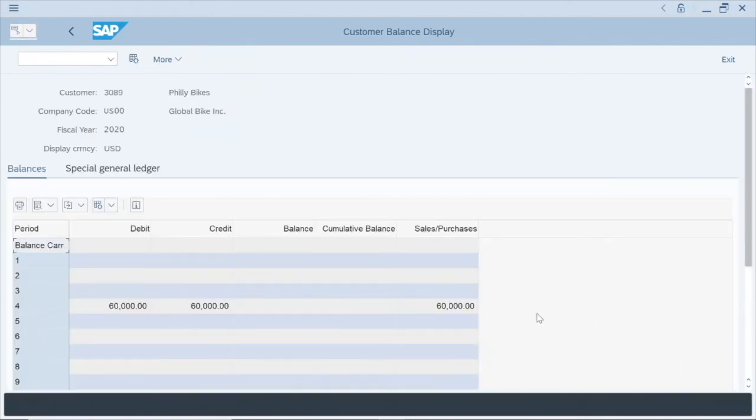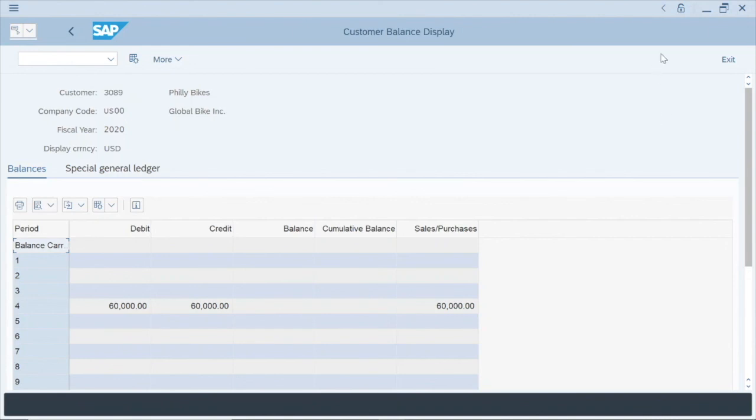And we can see now that because we entered Philly Bikes payment into our accounting general ledger, there is an equal credit entry to this $60,000 debit entry. And this signifies that Philly Bikes has paid off the entire amount that was previously held in their subsidiary account receivable, and now the balance of their receivable drops back down to 0. So once we see that this complete payment has arrived and has been removed from Philly Bikes subsidiary account receivable,